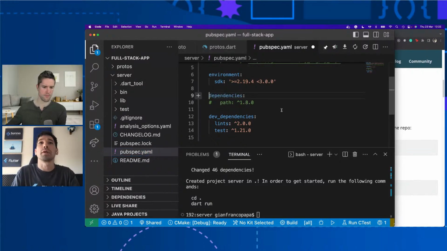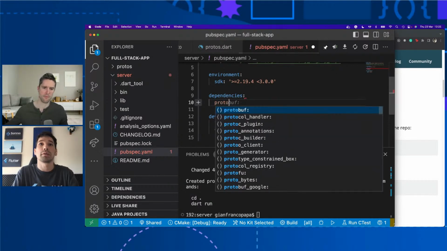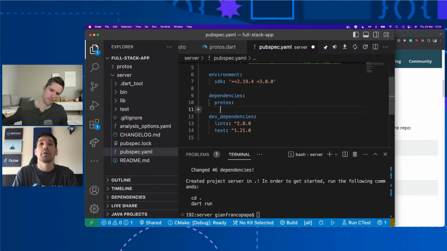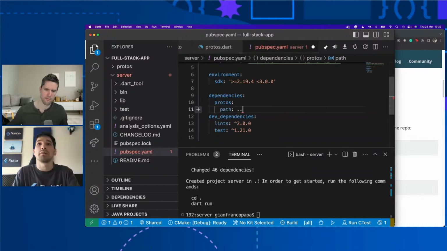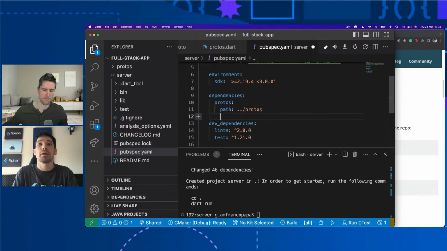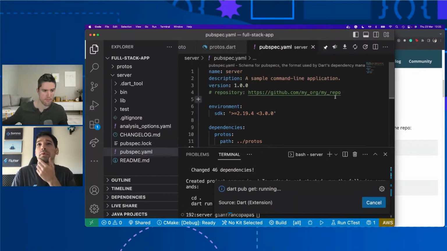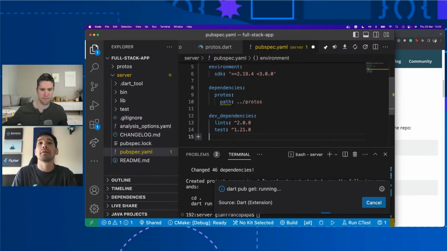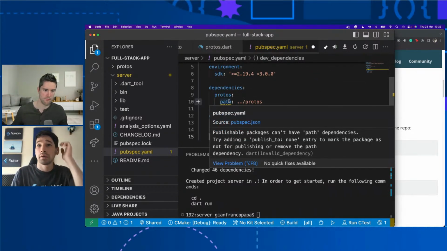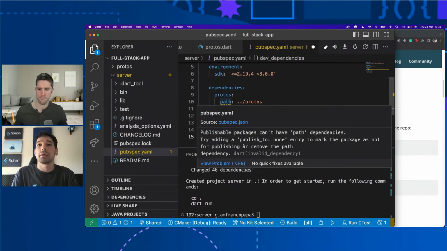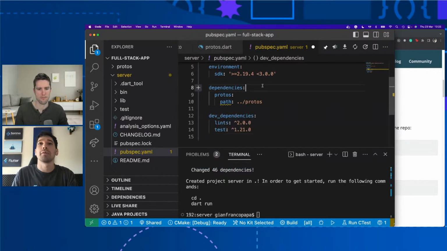Because this is a package that we have locally, we have to basically provide the path, and we can actually say, okay, let's grab the path in the Protos folder, okay? Great. Oh, we have to add publish_to none just really quick, so we don't have that warning.